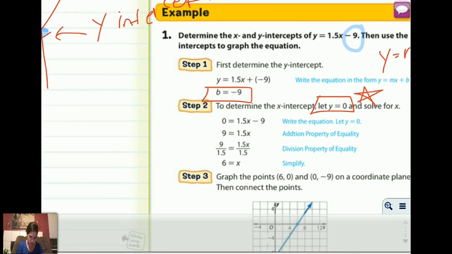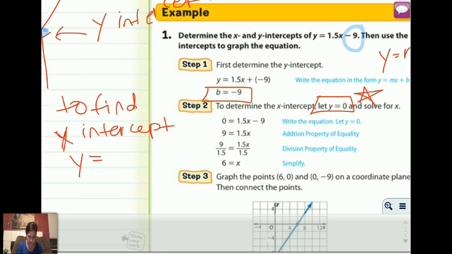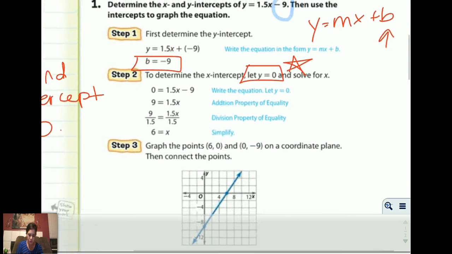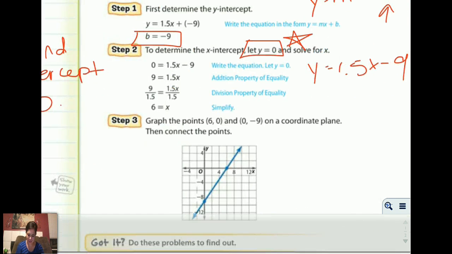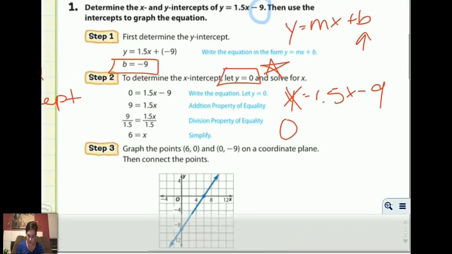So go ahead and put a big star next to that. Write a little reminder to yourself: to find the x-intercept, we are going to set y equal to 0. That's what we're going to do mathematically to be able to solve it. So that's what I do. I have my equation, which was y equals 1.5x minus 9. I'm going to go ahead and set my y equal to 0. So instead of y, I'm going to replace it with 0. 0 equals